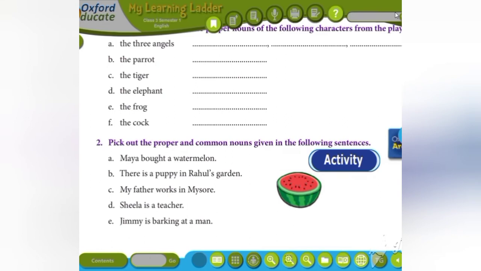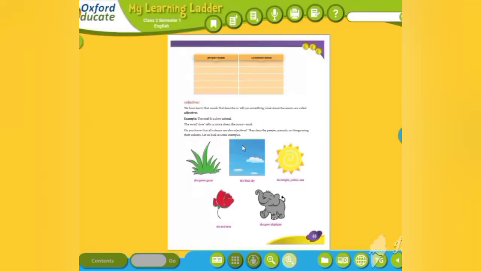Yes? Okay. So this is how you want to find the proper noun and common noun from all these 5 sentences, and you have to fill it in the next page. Okay. So in next page you will have a box. Yes, so in the top of the next page you have the column, right? Proper noun and common noun. So in the page number 64, questions are given. You have to mark the common noun and proper noun and you have to write it here in this column. Yes? Okay. So shall we move to the next page?